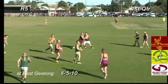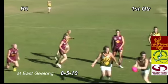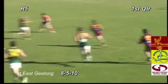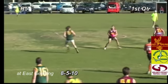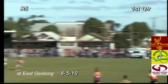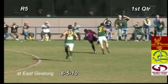So the umpire throws the ball back in. Ruck falls short again. A third man up there helps out for Werribee. Picked up by O'Toole now. He wheels around, looks to go inboard, and finds O'Hara in the middle of the ground. So Dean O'Hara's got a few options on as well. Sends it long, looking for O'Leary, who can take a strong...